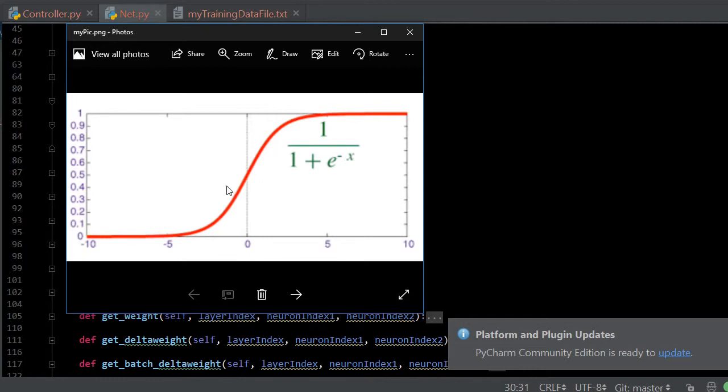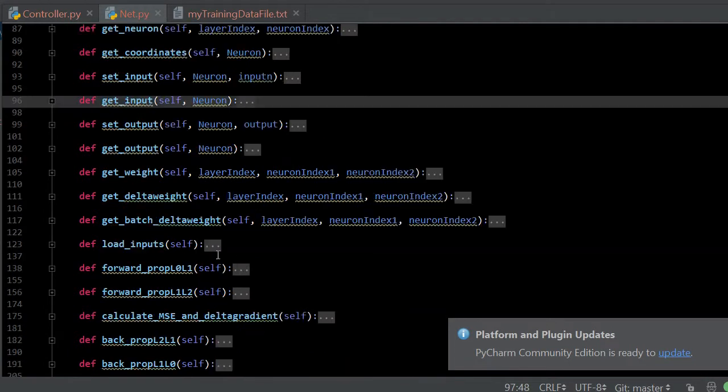And if you initialize your values somewhere in this region where it's moving a lot, that means that things are going to happen. A usual mistake is that you initialize them to totally wrong values, too large values, so that they end up here or here, and then it's going to be stuck from the beginning, and nothing's going to happen when it's learning. This is basically like the learning curve. So